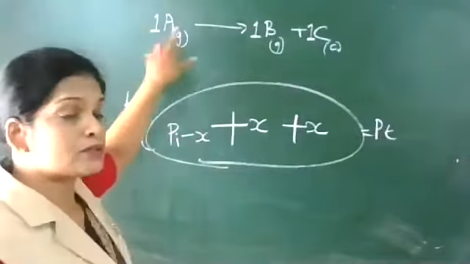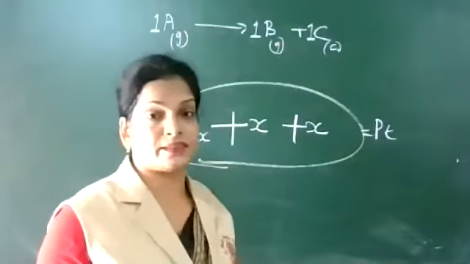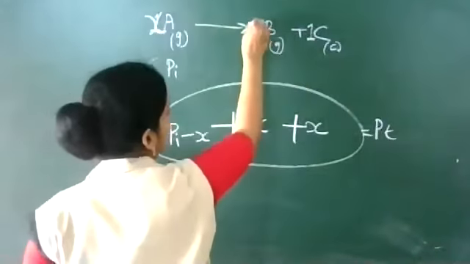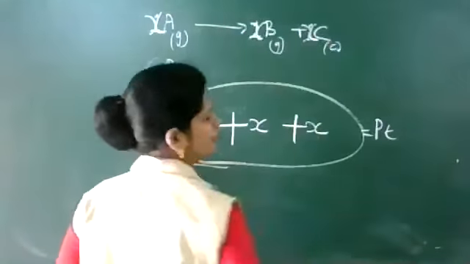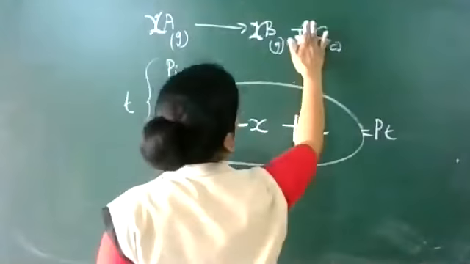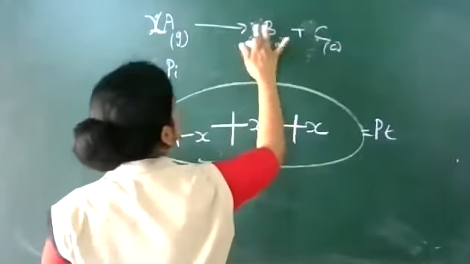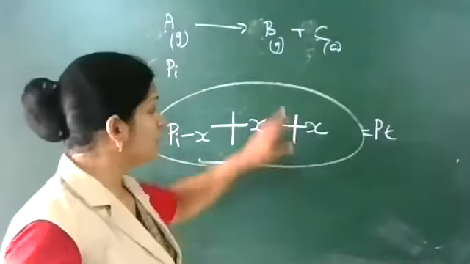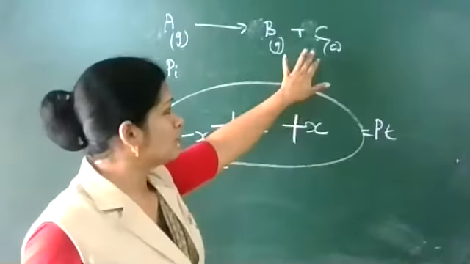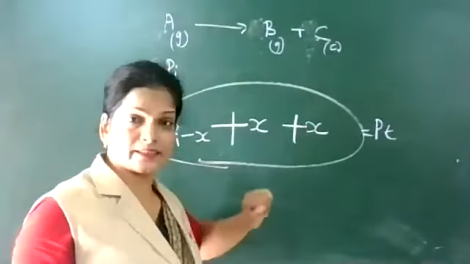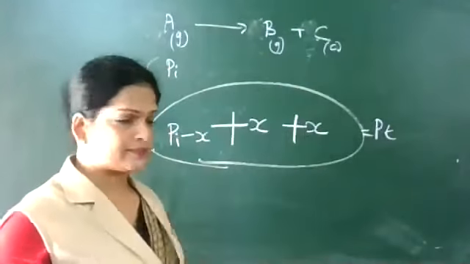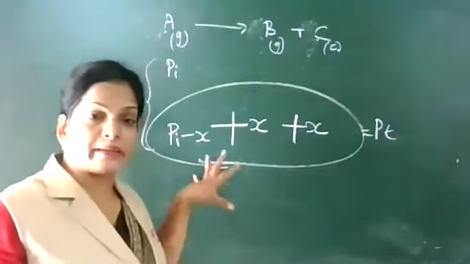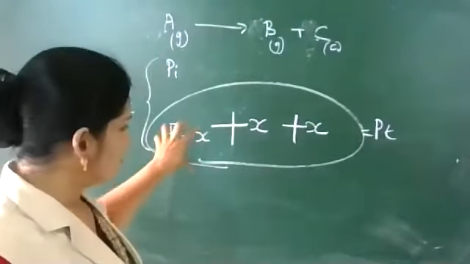When one A goes, one B and one C are produced. When X goes, X of B and X of C. Pressure of B is X, pressure of C is X. So adding, in that box after a time t,